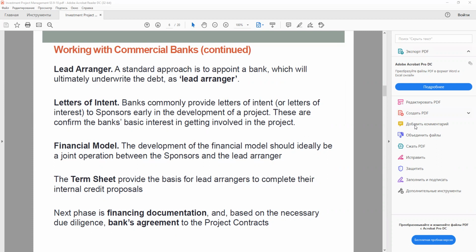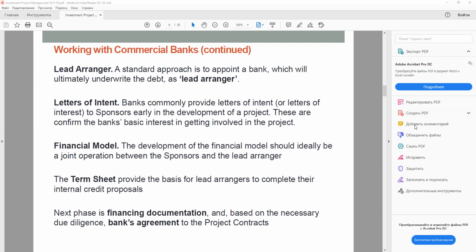And finally, we have the signature of the term sheet, which is still normally no more than a moral obligation, as the commitment by the banks is usually subject to further detailed due diligence of the project contracts and associated documentation, and signature of financing and security documentation. Nonetheless, a term sheet is treated seriously, and banks normally only withdraw from underwriting if there is a major change of circumstances, either in relation to the project itself, the country in which it is situated, or the market in general.